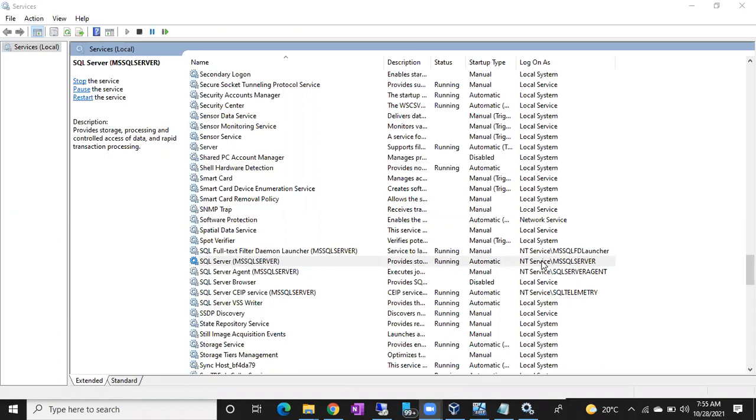By default, this service account should have admin rights. Why? Because every time you cannot give permissions to access each folder, right? So once you have added this service account, or made this service account an administrator, automatically it can access all the drives, all the folders. It can read the data, write the data to the drives and files. This is the importance of the service account.